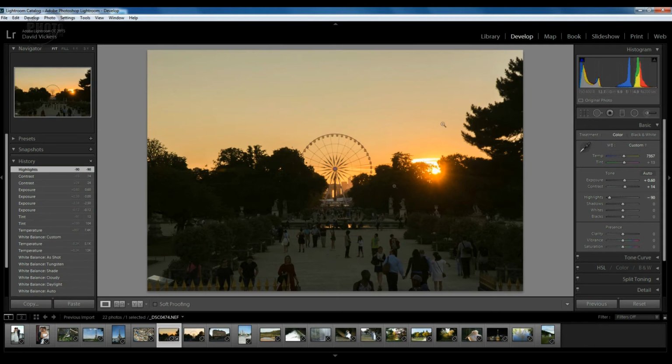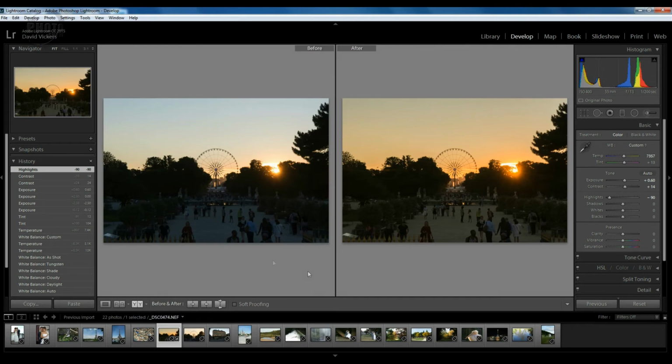We'll leave it as that. So there we go, that's made quite a difference. If we want to see what difference we've made overall at the moment, so we've made a few changes to this image, but if we want to see where we started and where we are now, if you come down to the bottom of the screen here, you have a little box that says Y, 2 Ys in it. If we click that,